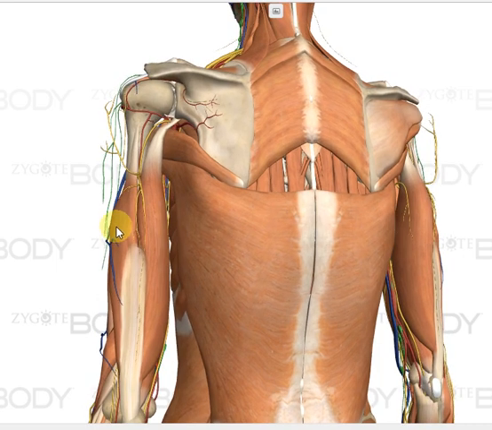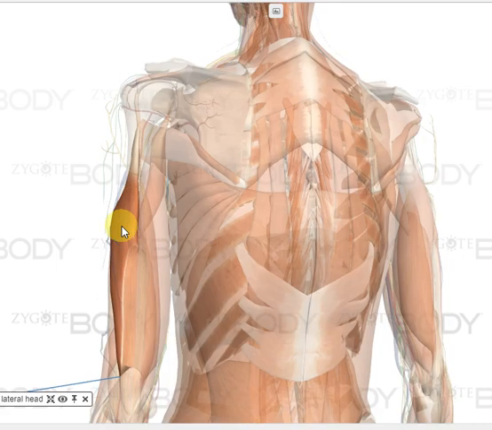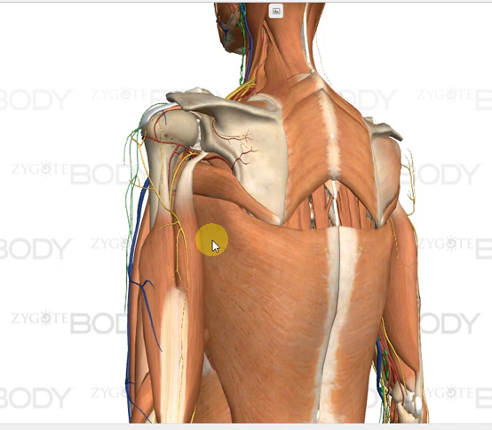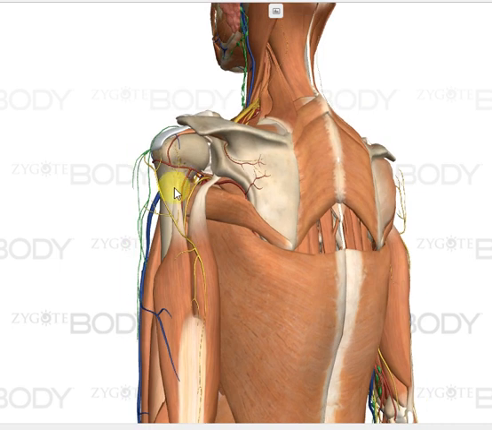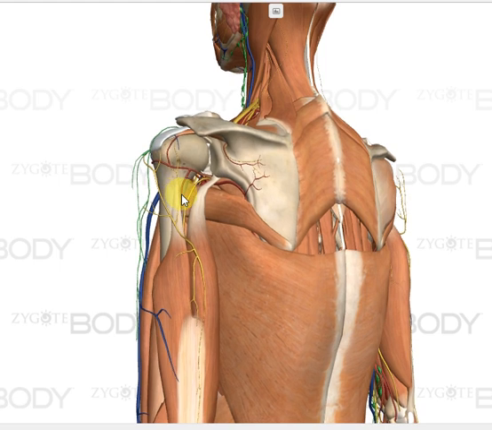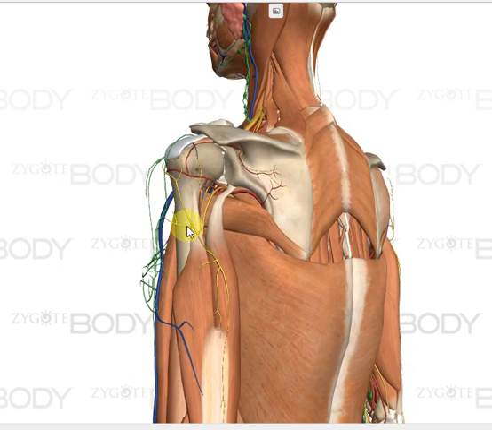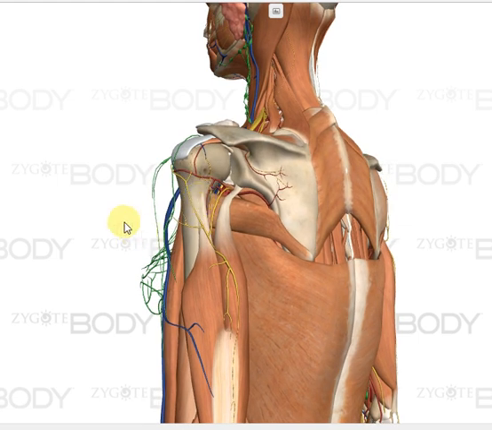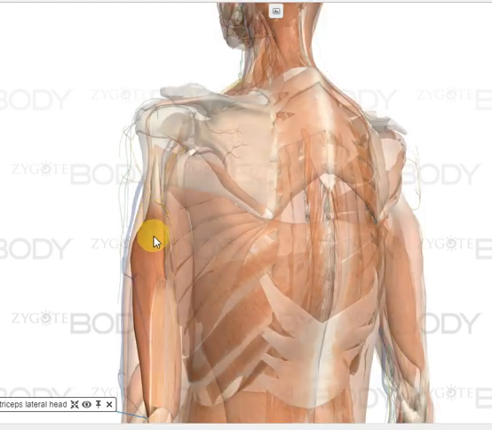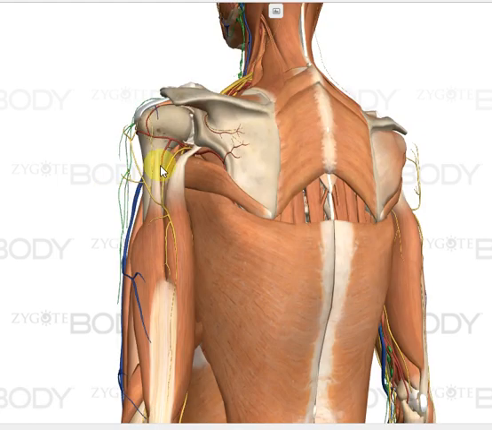the lateral head of the triceps muscle originates from the posterior surface of the humerus bone. To be more specific, it originates from the oblique ridge of the humerus. In our osteology classes, we have studied that in the posterior surface of the humerus, out here, we have the oblique ridge, right? So this lateral head of the triceps muscle originates from this oblique ridge of the humerus, and the lateral